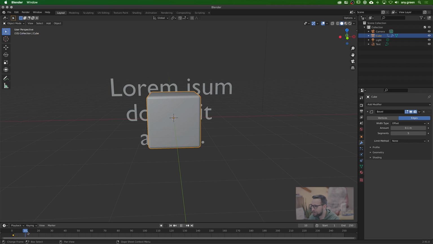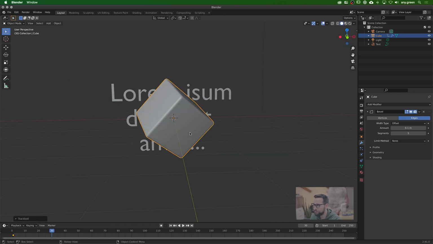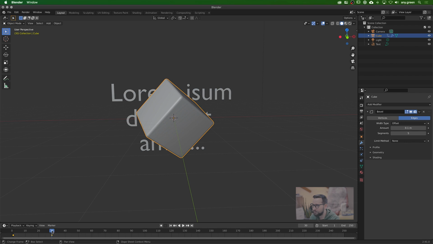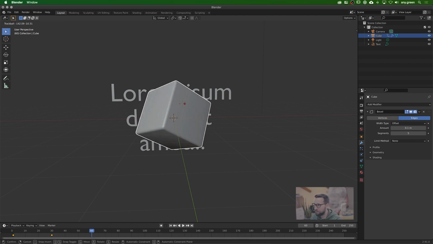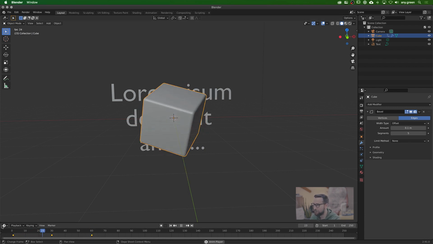You can then go forward in time to, for instance, frame 30, hit R twice, rotate it around randomly, hit I again, and insert another keyframe for the rotation. Then we have our first rotation. Then after another 30 frames, let's just hit R twice again and rotate it to a different place. Hit I, choose rotation, and then we have created this